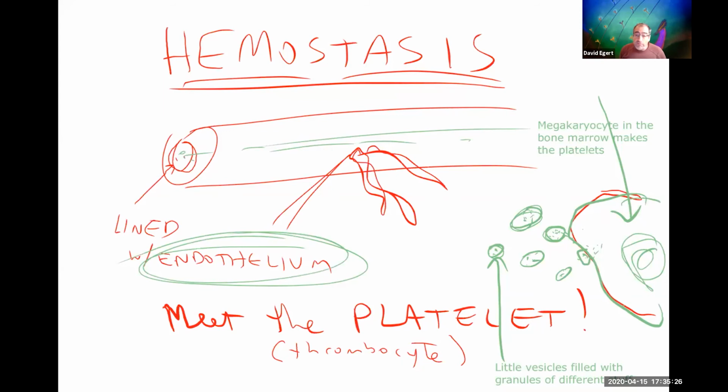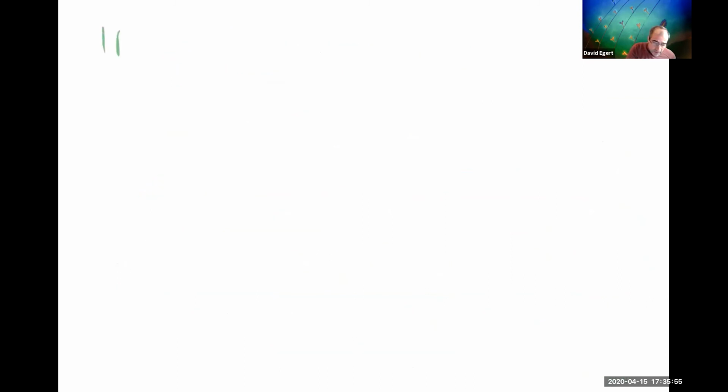However, if there is a rip in the blood vessel, then all of a sudden they see something that is not endothelium. As long as there's no rip, they're never going to see anything but this endothelium. These are going to be triggered by exposure to collagen. It's one of the main proteins in your connective tissue. So if a platelet is exposed to collagen,